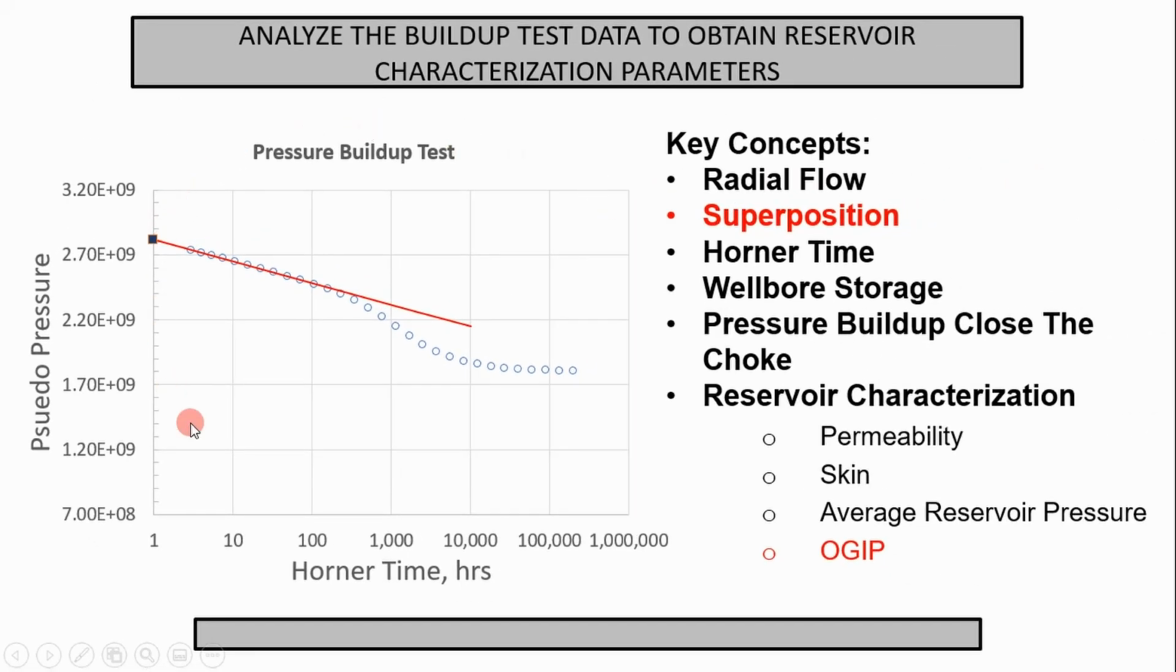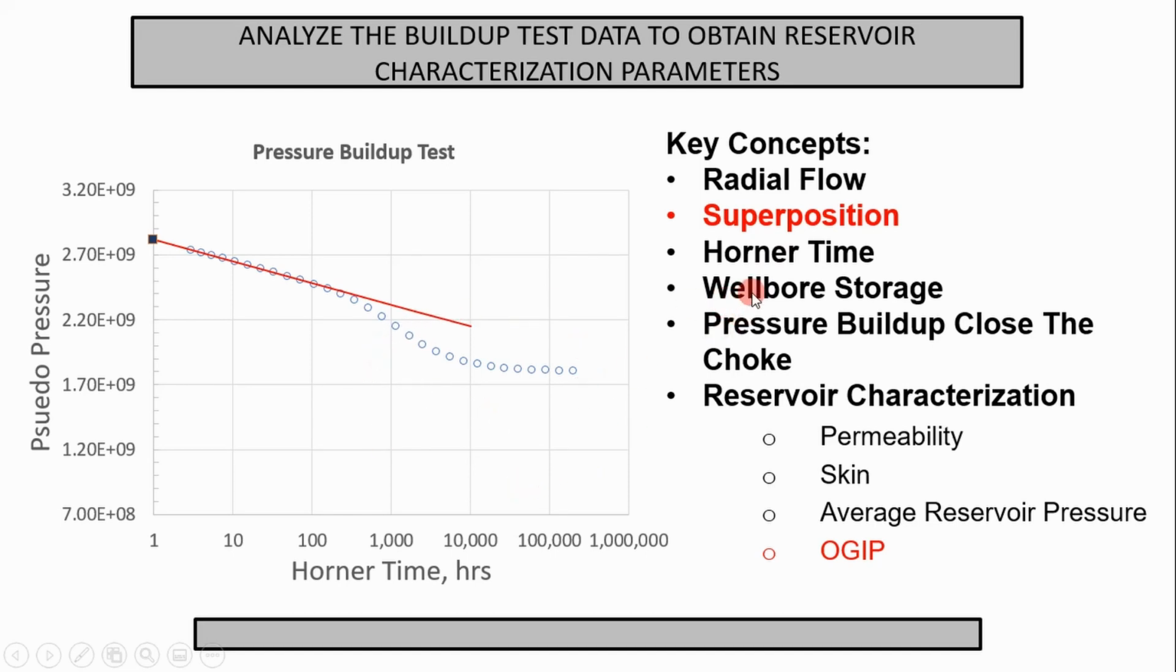Before we jump into it, I want you to think of the key concepts. This pressure buildup test that we're analyzing today is for radial flow. In addition, this concept known as superposition is applied to get us Horner time, and we're not going to really cover it today because it would take a little bit more time, but just realize from superposition we can get an equation that basically simulates this buildup test. And so Horner time is a direct result of superposition,